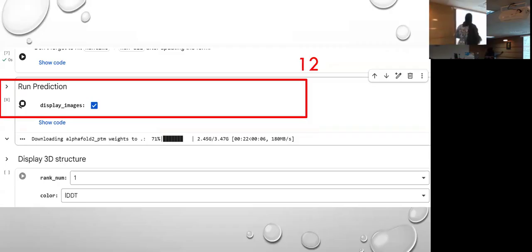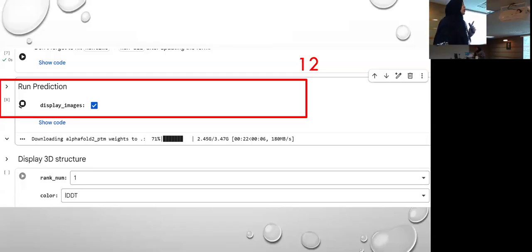So you can check the option here or uncheck it. By checking this option, it will run the code and it will be shown to you on the screen. But if you uncheck this option, it will run in the backend. Some of you might want to see what is going on, how your early results are coming up, so you would want to check this. And if you do not want to see any information on your screen, you may just leave it unchecked. Depending on your interest, check or uncheck and then run the cell.